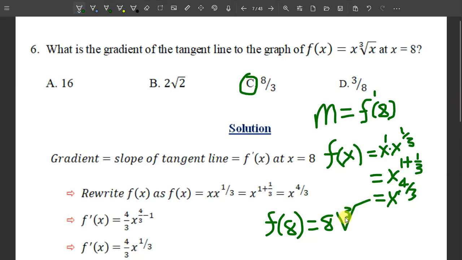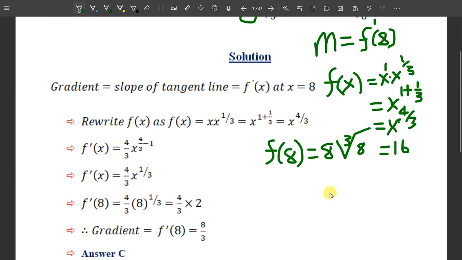The third root of 8 means it is 2. 2 times 8 gives us 16. Therefore, the point of tangency